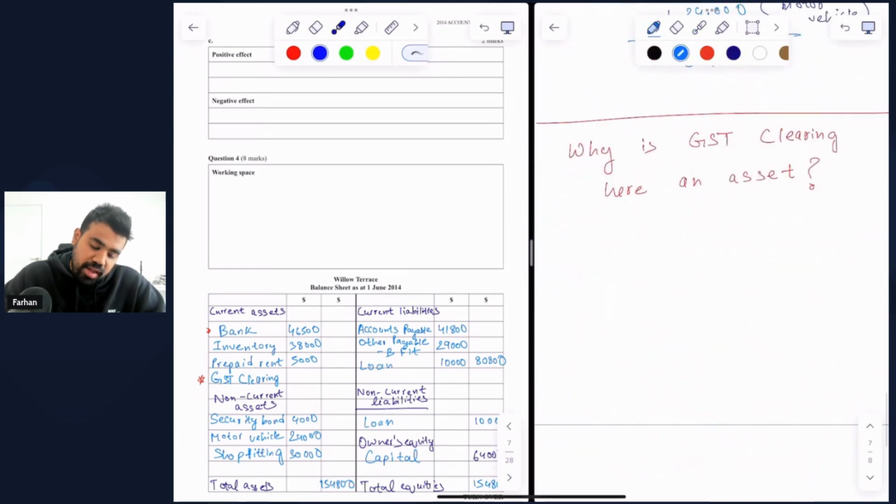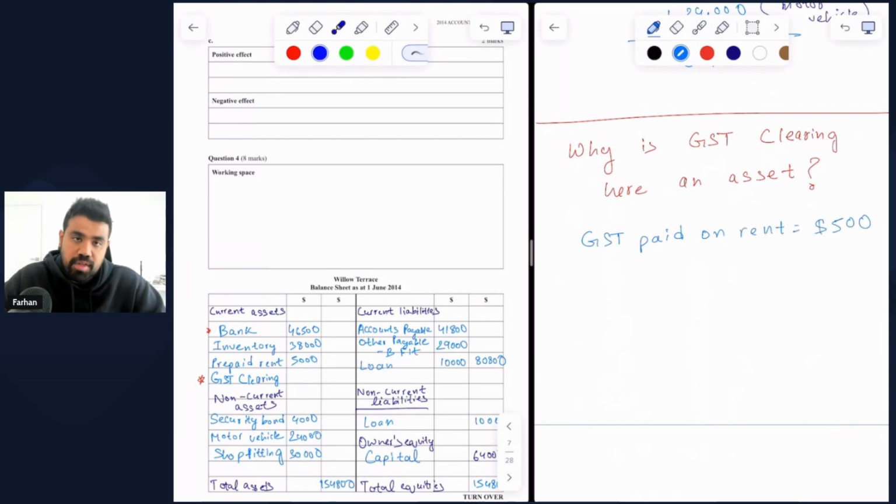And why is this an asset? The reason this is an asset is because we have only paid GST so far, which we are yet to offset against all the GST collections, mainly from sales. So we have paid $500 of GST on rent, which was calculated at 10% of $5,000. And then we